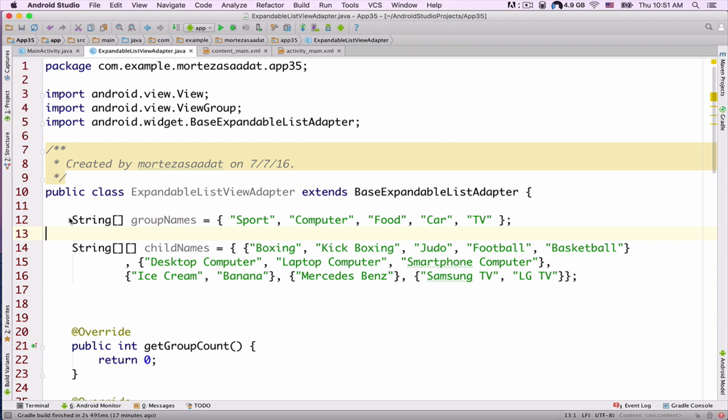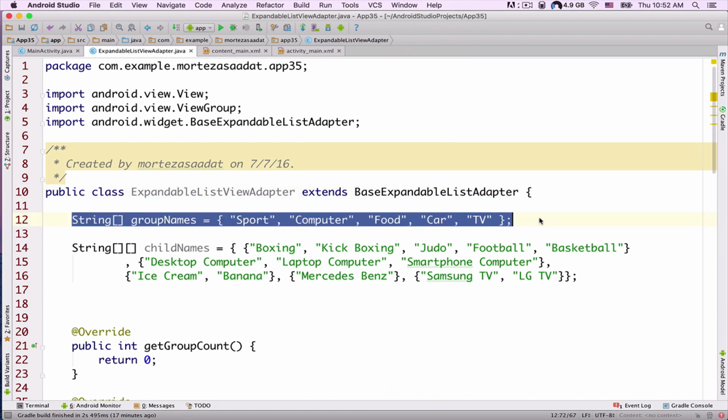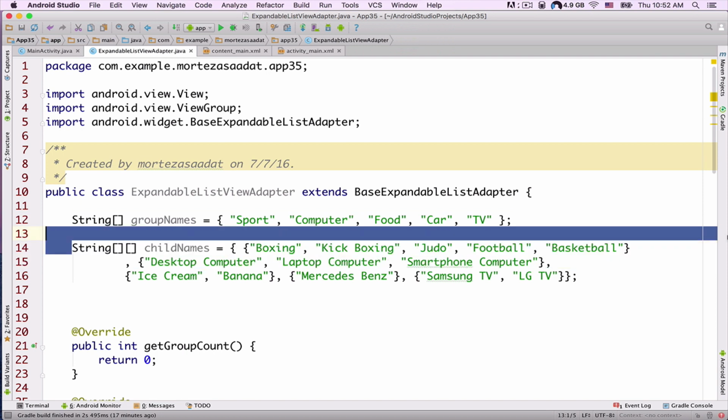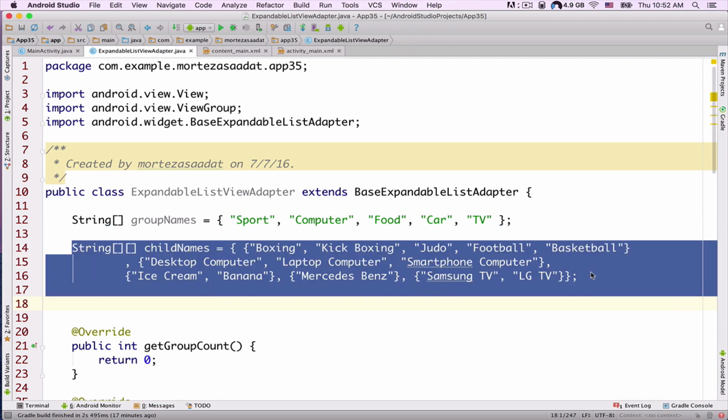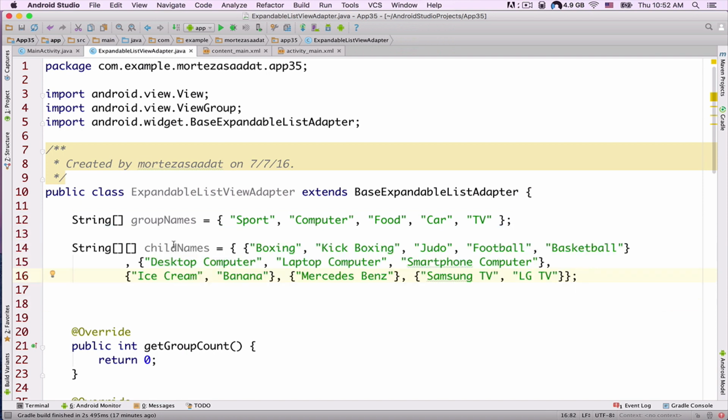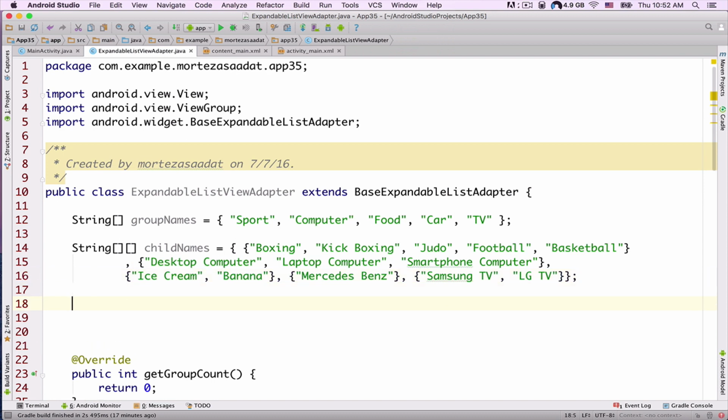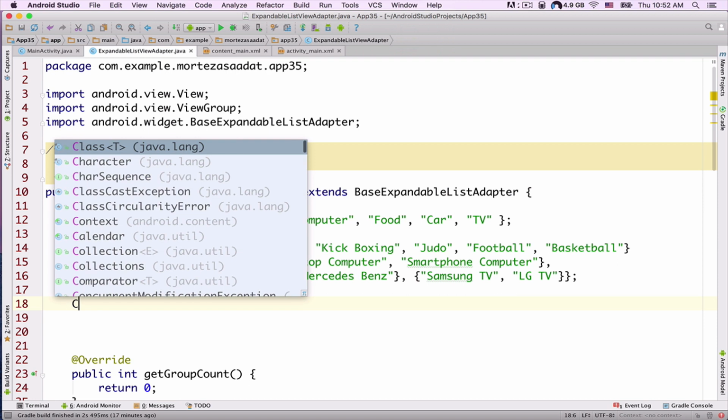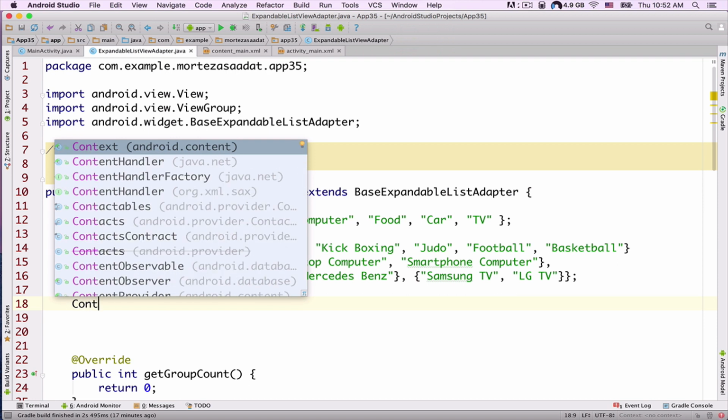So first we created an array of group names. This is actually a one-dimensional array, and then we created a two-dimensional array, an array of arrays, and the name of this array is child names. Now let's declare a variable of type context, in order to specify the context of our